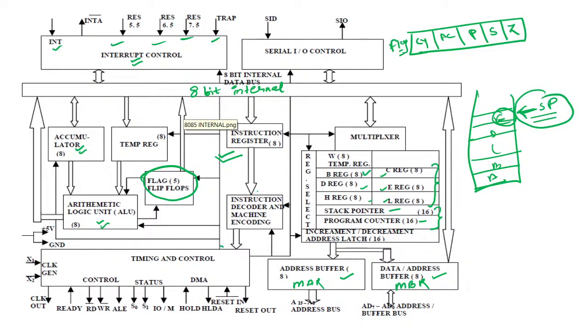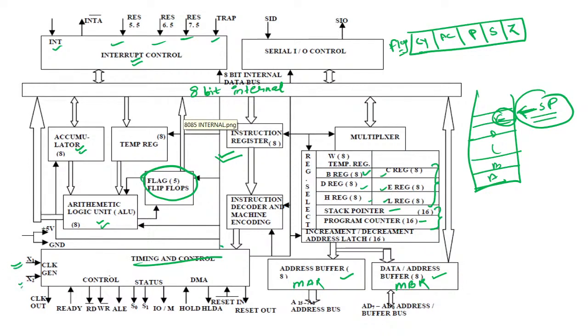We know that we will fetch the instruction with the help of the program counter, and we will bring the instruction into the instruction register. Then the instruction register will be connected to the decoder. After fetching, the instruction will be decoded by the decoder, and then appropriate control signals will be generated by the control unit. Okay, this is your control unit which is generating the control signals, and the control unit is connected to a clock, that is, X1 and X2 are the clocks.